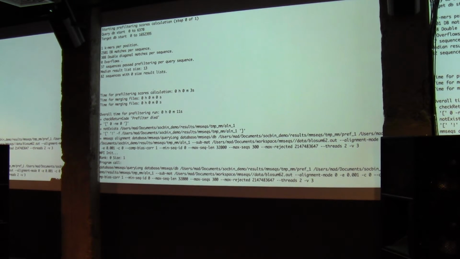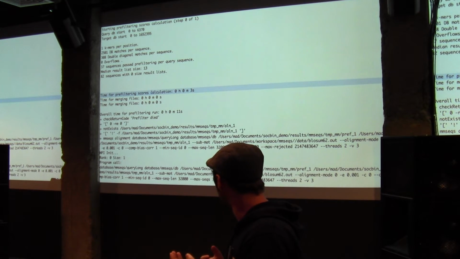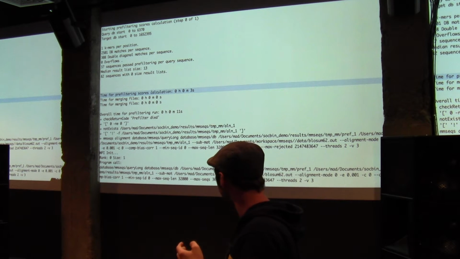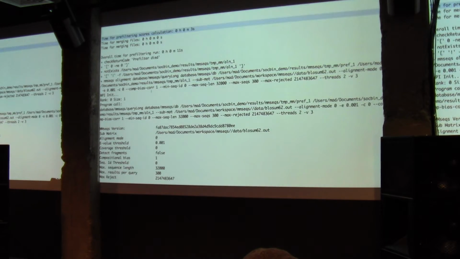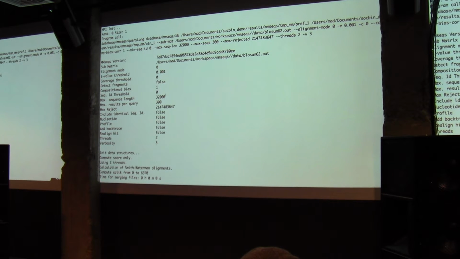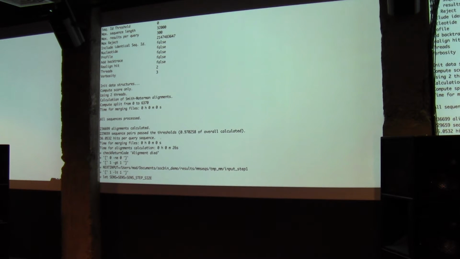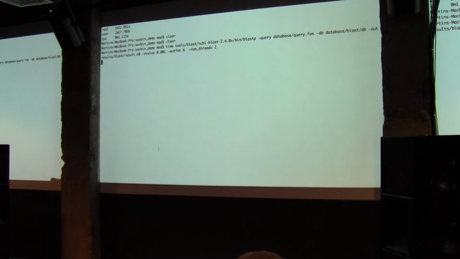So the pre-filtering score calculation, what Johannes was telling, is the part that has to be really fast. It took like 3 seconds for these 6,000 sequences against these 1,600,000 sequences. And after the pre-filter, we call the alignment module, and this is the alignment module output. To calculate the alignment for all of these took like 26 seconds, and BLAST is still running.